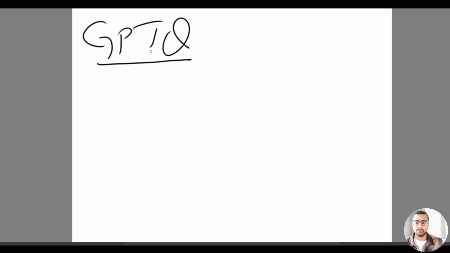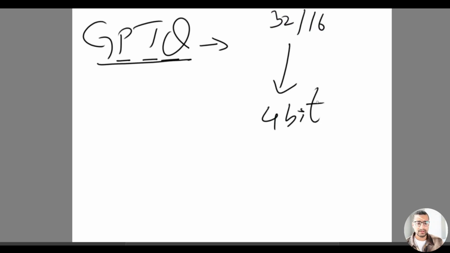Next, let me explain what GPTQ is and how to run GPTQ. So GPTQ is a quantization technique where you apply post-training quantization. PTQ refers to post-training quantization, and you're applying a quantization method on a large language model to convert from either 32 or 16 to maybe 4-bit. Okay, so now because the structure of the large language model changes, whether you're converting from 16 to 4 or 32 to 4 or 16 to 8, you're actually changing something within the large language model, right? So to run this quantized version, you need special packages or special libraries to run, and some of the special libraries which you can use to run